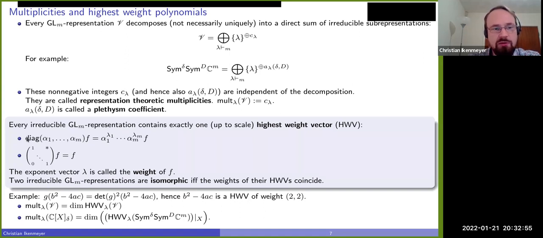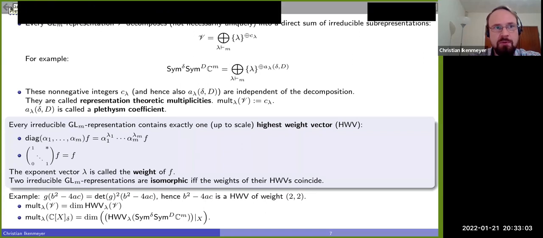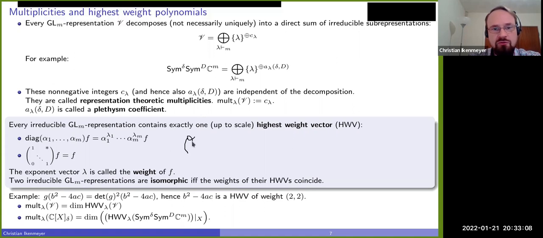Why is that? Because if you now act with a diagonal matrix, that matrix looks a bit simple actually. I'm sorry for my font here because this is my mouse. Okay, so if you have that and you apply this to F, the determinant squared is alpha 1 squared times alpha 2 squared. My handwriting with a mouse is a bit ridiculous. Okay, so this is how it scales.